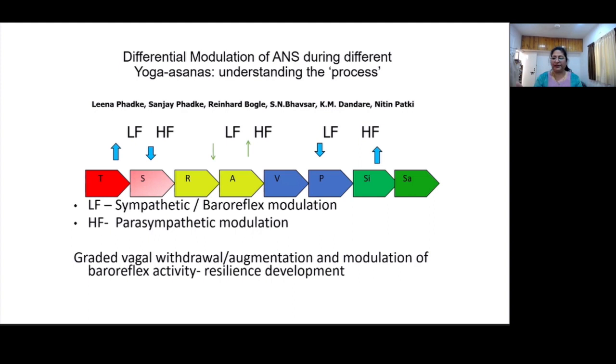And the most important effect that we have observed is that few asanas actually cause sympathetic stimulation, and few asanas cause parasympathetic augmentation, like the asanas shown in green color. These are Sarvangasana and Shirshasana. So it is exactly the opposite tilt of what we normally have in a standing position. Standing positions are more like an exercise, while the inverted postures are more relaxing. This is what the study shows, which is under publication, which we have also presented at the Indian Science Congress in